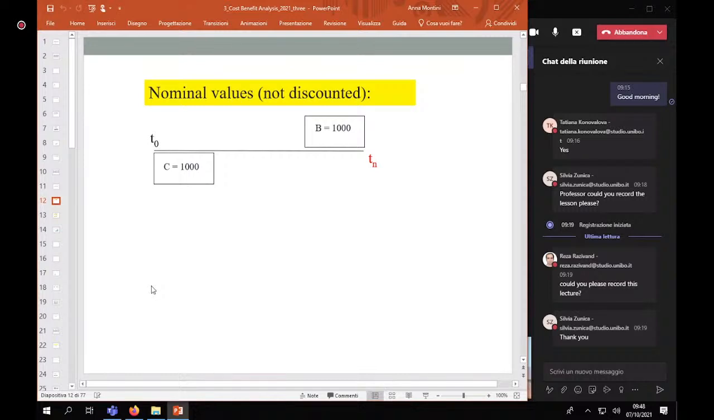If I consider that the benefits will come in the future, 3 years from now, 10 years from now, 20 years from now,